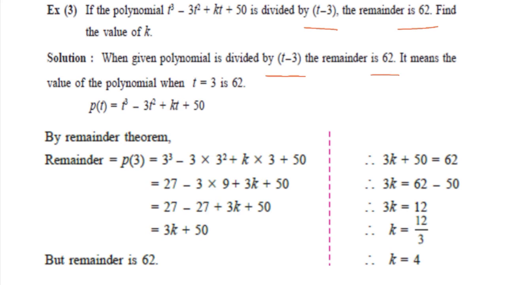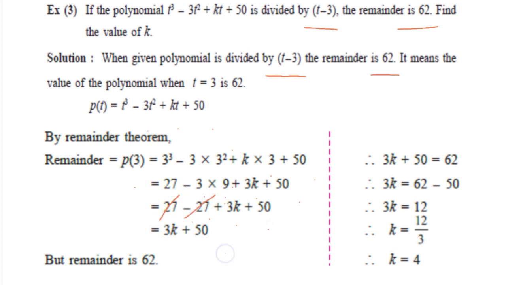Therefore P of t is equal to the given polynomial t cube minus 3t square plus kt plus 50. By using the remainder theorem, remainder P of 3 is equal to 3 cube minus 3 into 3 square plus k into 3 plus 50. Cube of 3 is 27, minus 3 into 3 square is 9, plus 3 into k is 3k, plus 50. 27 minus 3 nines are 27, plus 3k plus 50. Plus 27 and minus 27 cancel, 3k plus 50, but